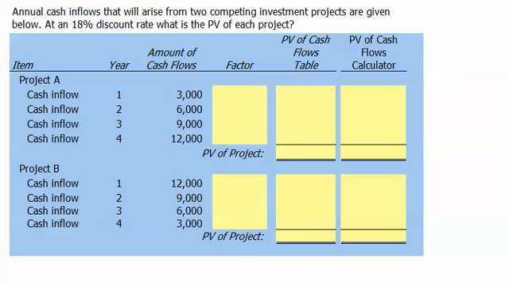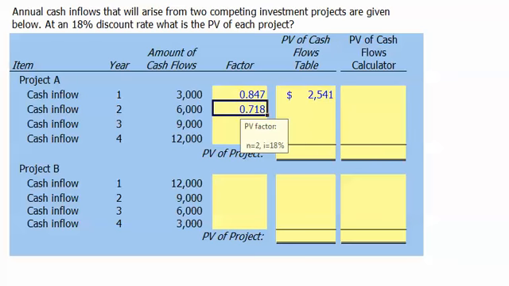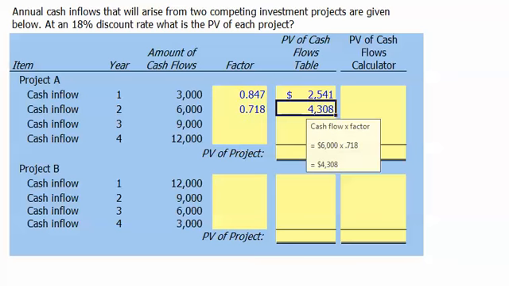The $3,000 cash flow in year 1 needs to be discounted back at the 18% interest rate for 1 period. The factor is 0.847. So we multiply the $3,000 by 0.847 and get a present value of $2,541. The $6,000 we receive in year 2 needs to be discounted back at 18% for 2 periods. The present value factor is 0.718. We multiply that by the $6,000 to get a present value of